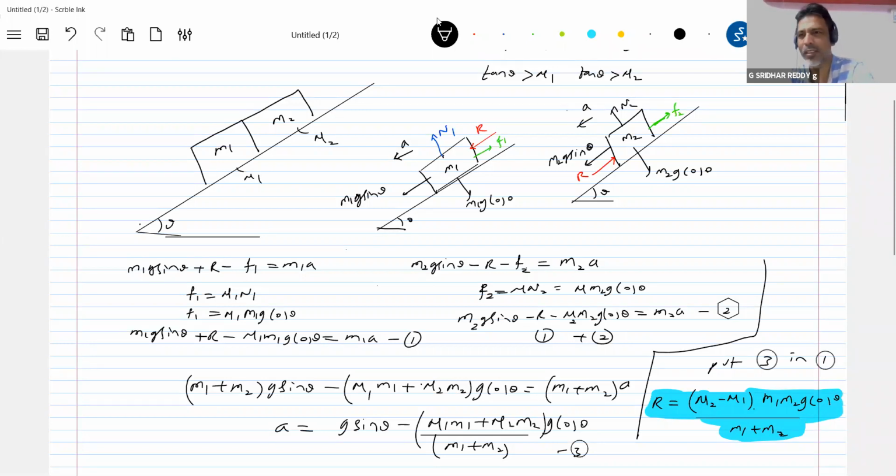I'm not threatening you, but don't add chorus to the teacher's voice. That's what I put as a message in the group. Any doubt you are free to ask, but don't add chorus to the teacher. Almost 10 days, the parents are sending messages to me like, sir, some students are unnecessarily talking along with you, so my kid does not come to listen to others, but to listen to your teaching. So for me, no alternative. For the past 2-3 months I was requesting, nobody was able to understand. So they told me, sir, why don't you block them from the class, they suggested.